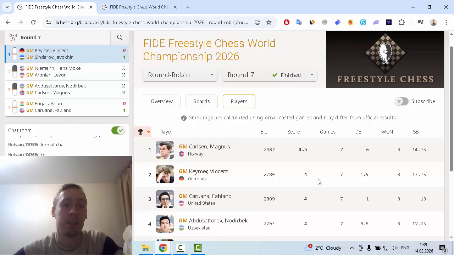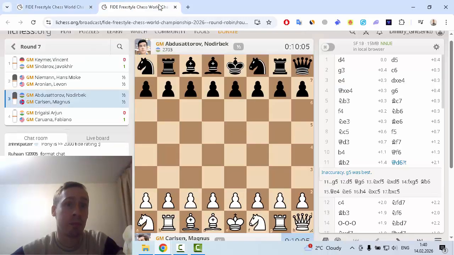So we can see that Carlsen has 4.5 points and Abdusattorov 4 points. So the last game between Carlsen and Abdusattorov is a game for first place. If Abdusattorov won this game, he won the round robin. Okay, let me show you this game, and also I want to tell you that this is chess